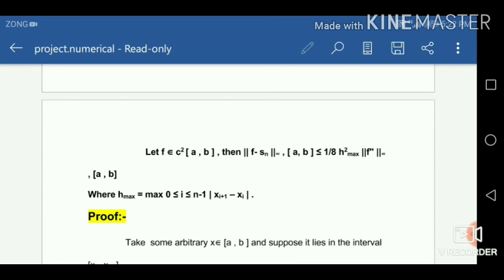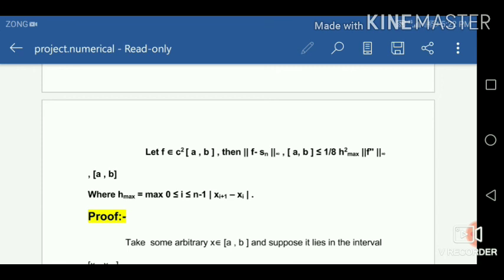Any function which belongs to C²[a, b] is continuous up to the second derivative. Then the norm of f - Sn in the infinity norm on [a, b] is less than or equal to